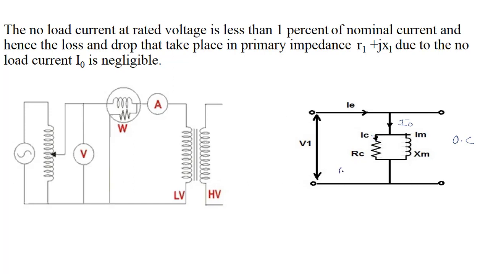RC is nothing but the core resistance, corresponding to the losses in the core in the form of hysteresis and eddy current loss. XM is the magnetizing reactance,